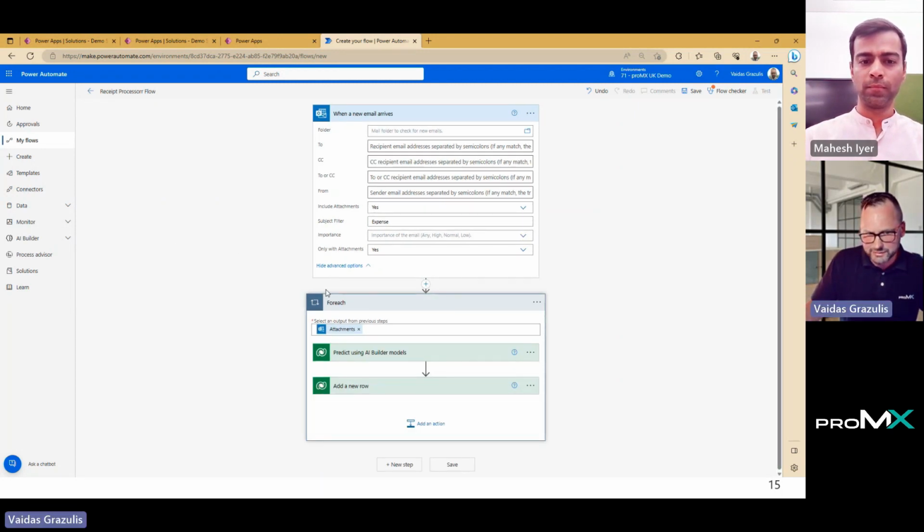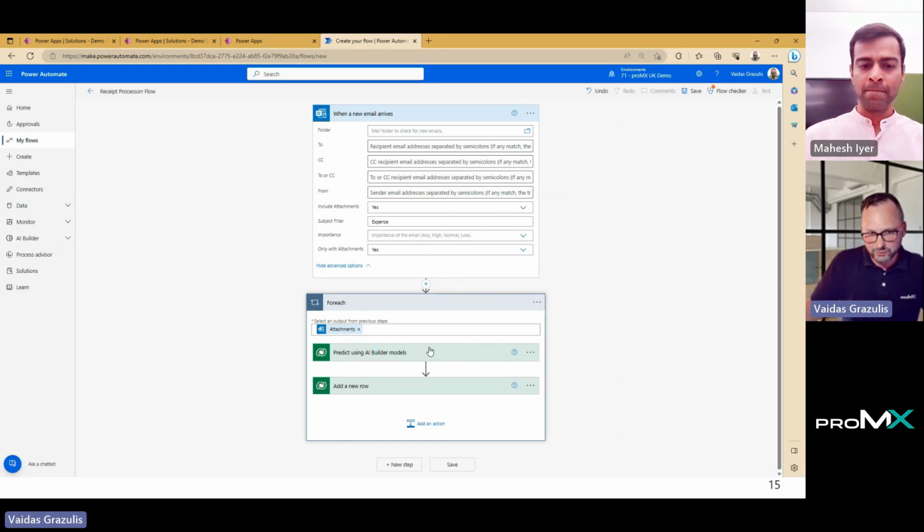Let's see what actions Power Automate suggested for us. Just two actions at this point. It says, okay, we're going to work within a for each loop. So it has identified that we will want to trigger this action for each attachment in our incoming email. It created a for each loop. It knows that it's going to work on each attachment from the email, and we have a couple of actions inside of that.